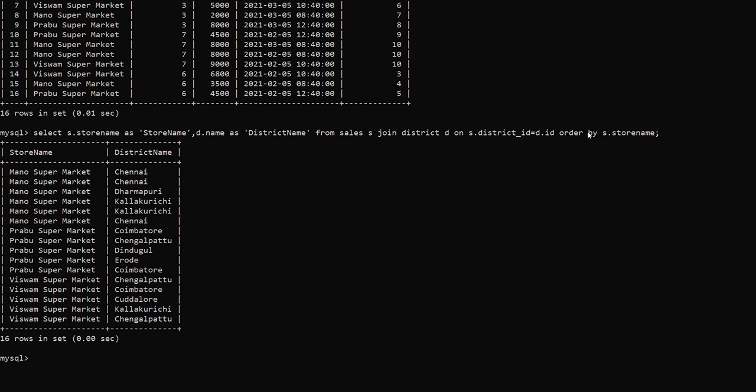We have ordered the result by store name. Here we have not used group by, so we have two rows for Chennai district. If we use group by, we will get only one row.